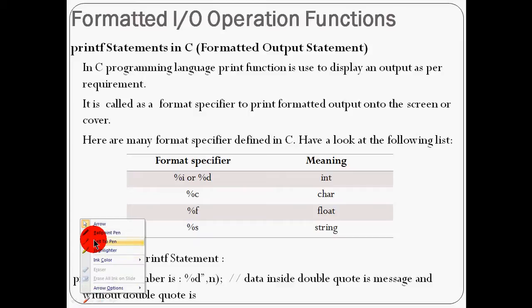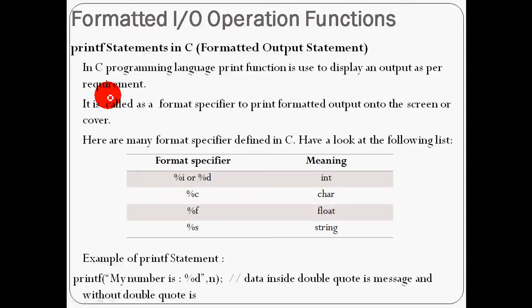Now consider the printf statement. This function can operate on any built-in data type. Built-in data type means it works with integer, character, float, and also with string. In order to display the output in a formatted way or user-defined format, we use the printf function. In general, with the help of printf we can display a message on